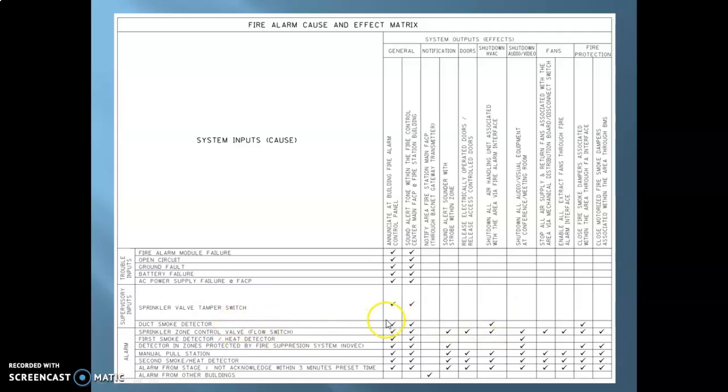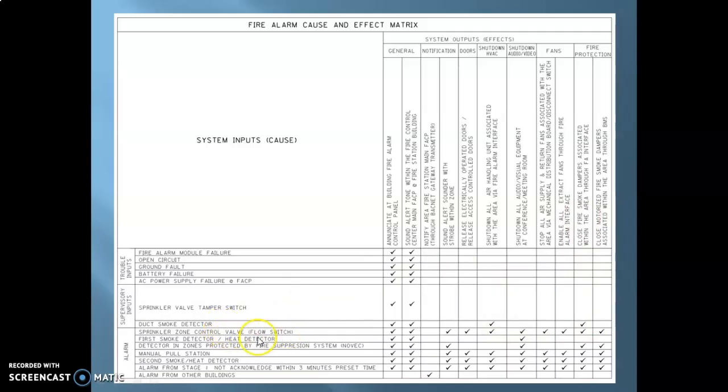In this case, upon the activation of the duct smoke detector, you will have the general notification on the panel with the LED and the sounder. At the same time, you will also have the FACP taking action, and that is basically shutting down all the HVAC units for that particular building and closing all the fire smoke dampers.